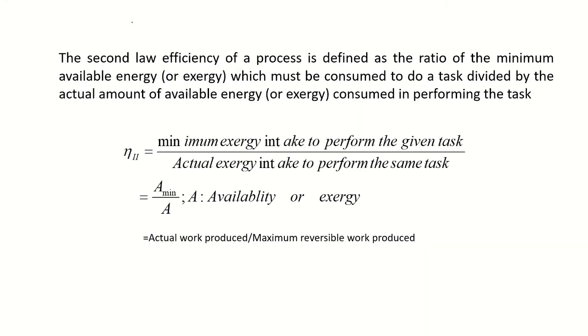The second law efficiency of a process is defined as the ratio of minimum available energy, or exergy, which must be consumed to do a task, divided by the actual amount of energy consumed in performing the task. So what exactly it means is like this. Let us say